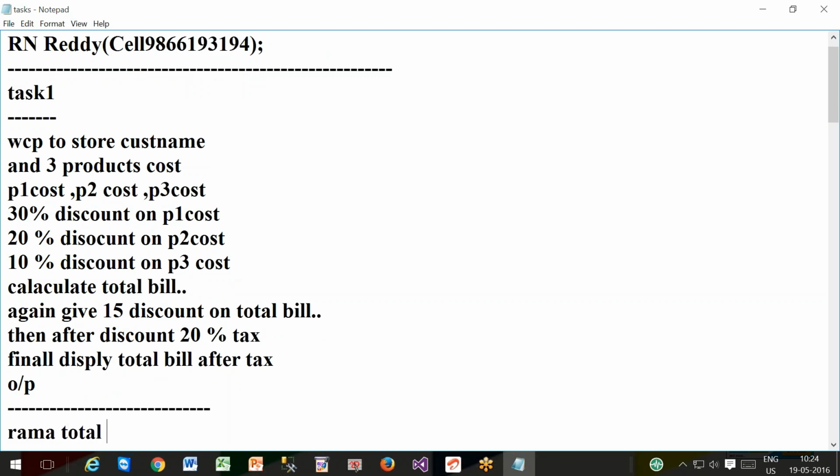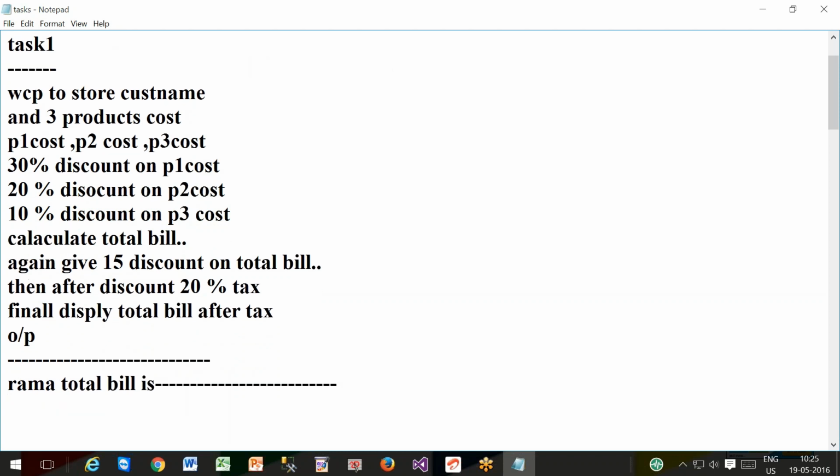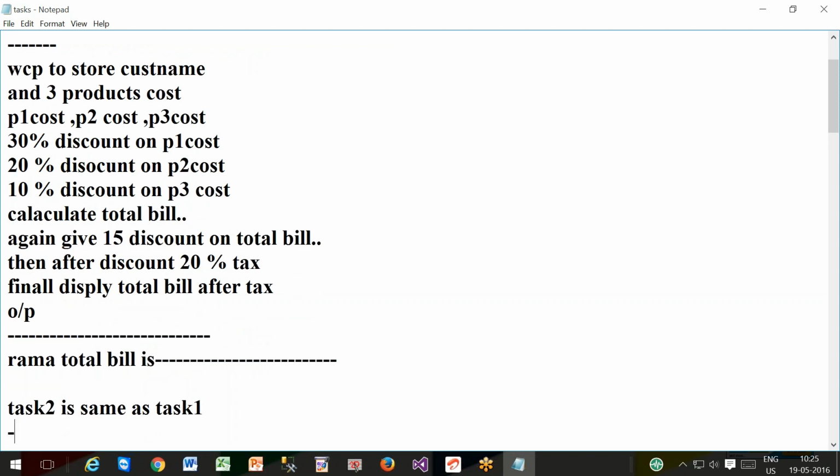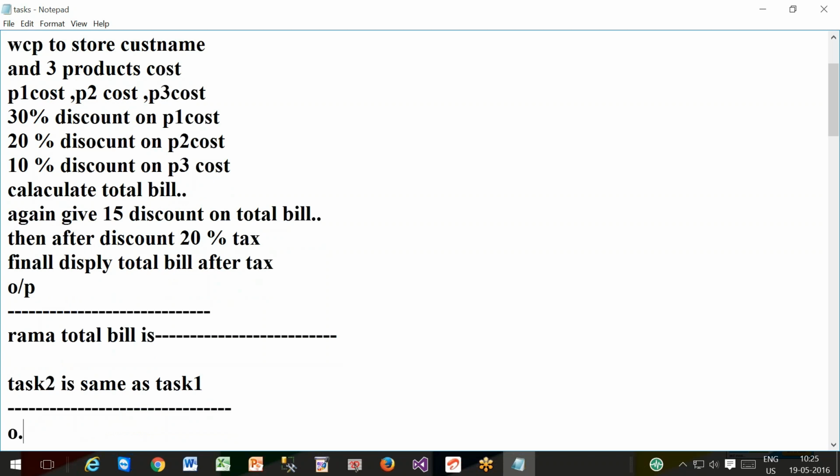Total bill is... that is task 1. Task 2 is same as task 1, but output should be